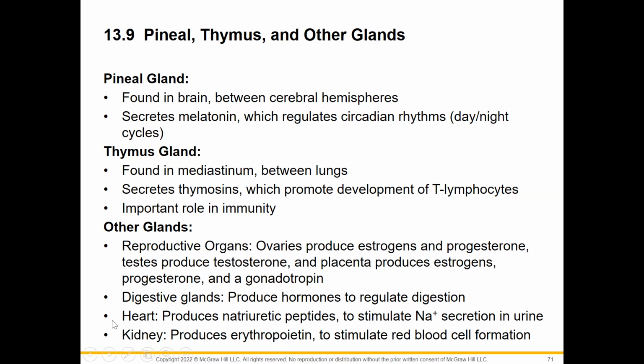You have the heart. We know that the heart's primary role is to pump the blood to the lungs to get oxygen, as well as pumping it throughout the body so that that oxygen can be distributed and dispersed through the cells throughout the body. But a secondary function of the heart is also an endocrine function. So the heart will produce natriuretic peptide, an endocrine molecule that will stimulate sodium secretion in